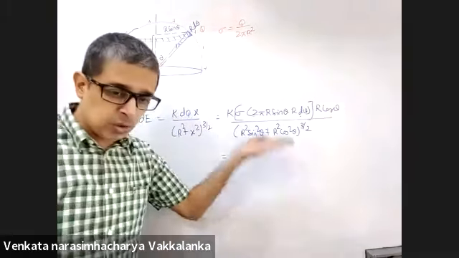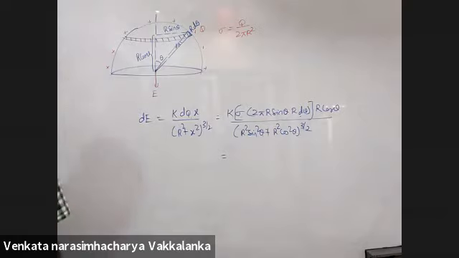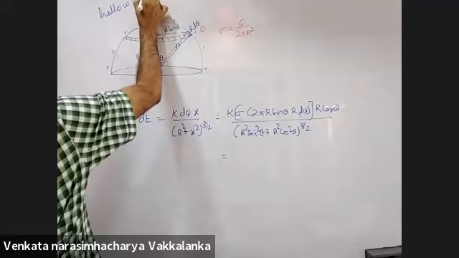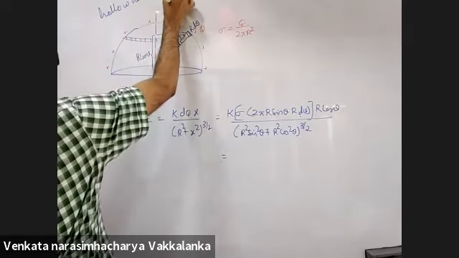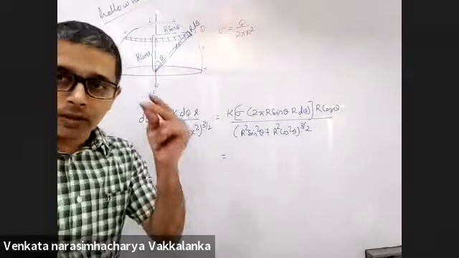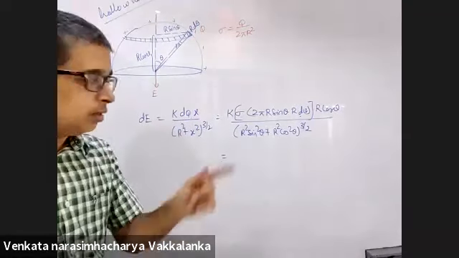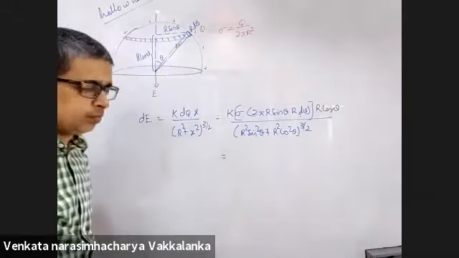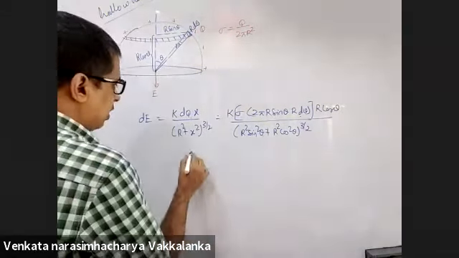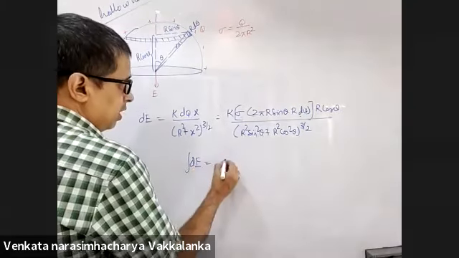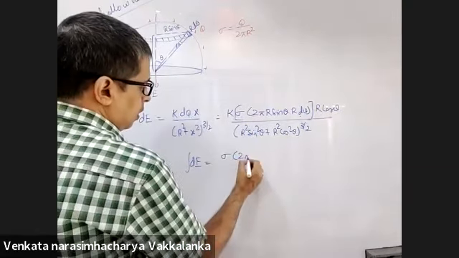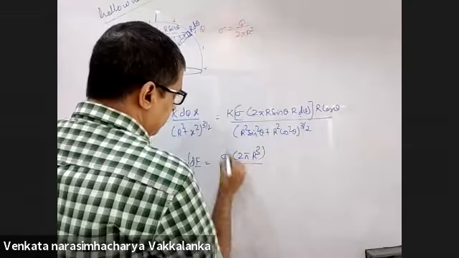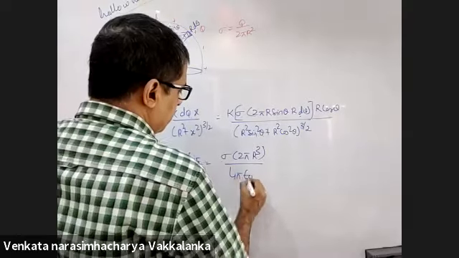This step is the most crucial. Everyone should understand. Hollow hemisphere. Yes or no? Yes, sir. The integral of this dA will be sigma 2 pi r cube, divided by, k is 1 by 4 pi epsilon naught,